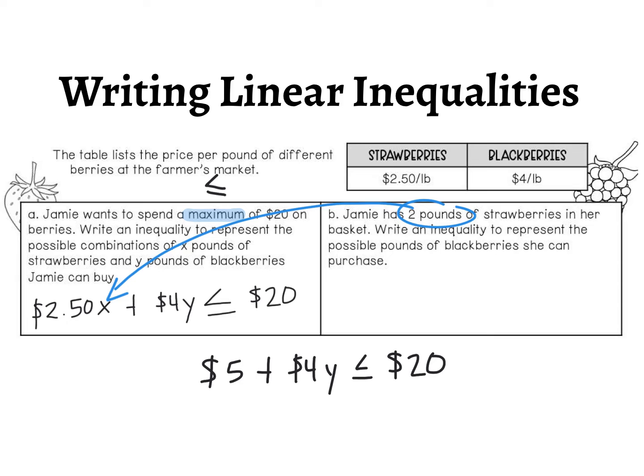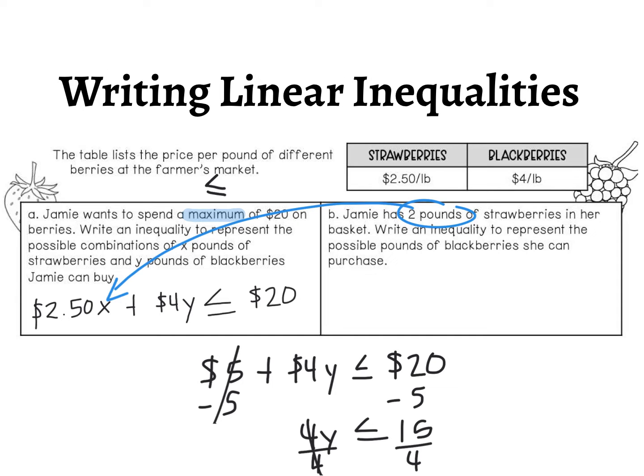Right? Then I solve for y, because I want to figure out how many pounds of blackberries she can purchase. So I subtract 5 on both sides. I have $4 per blackberry. It's going to be less than $15. That's supposed to be a 5, by the way. And then if I divide both sides by 4,